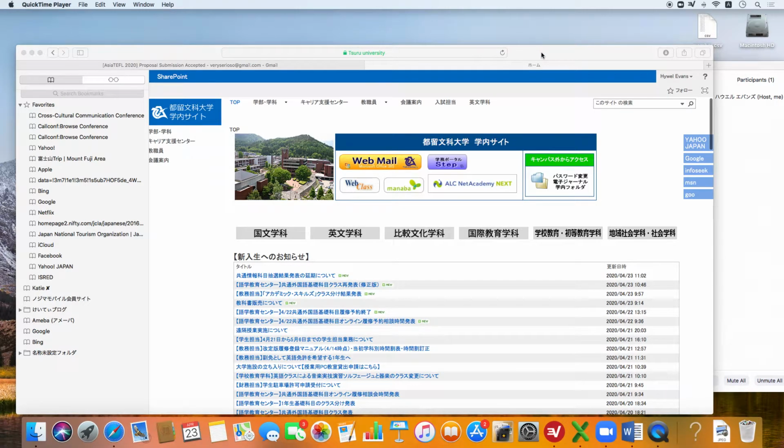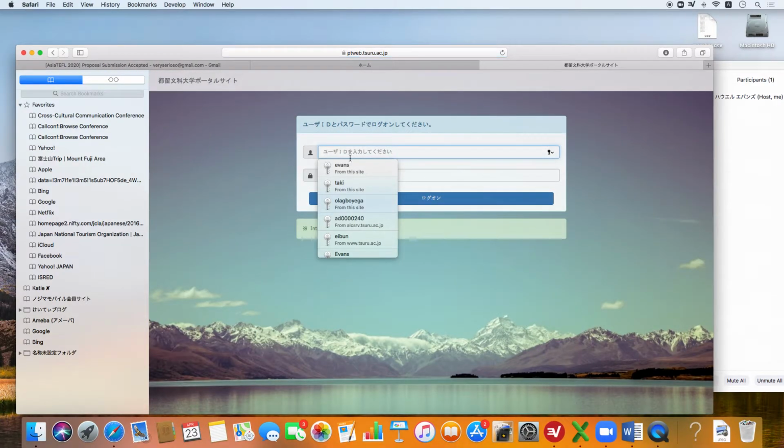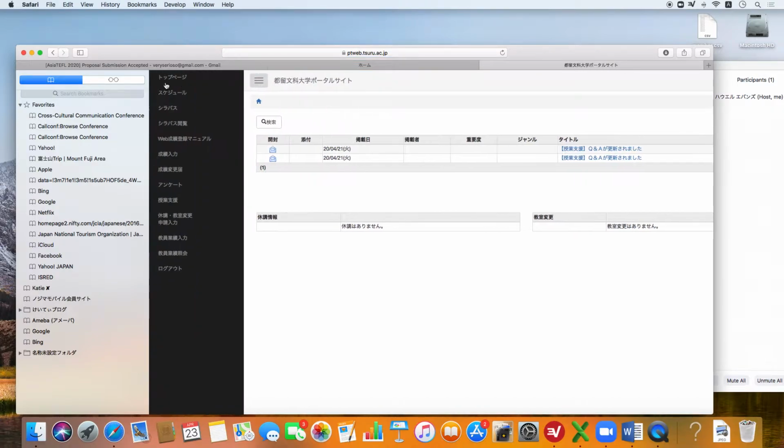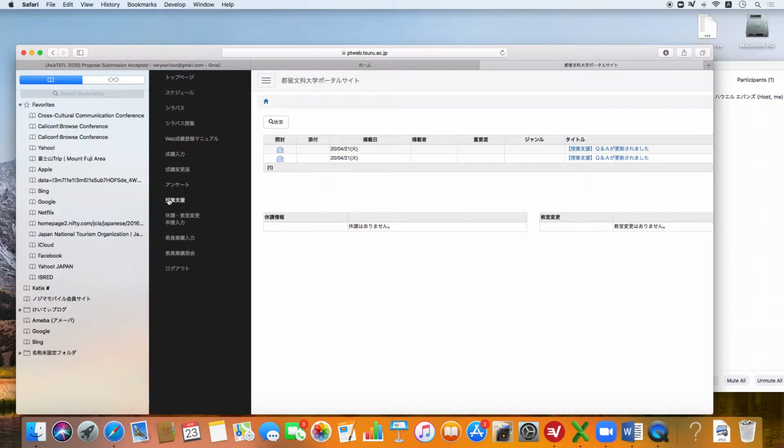Right then, well, things have started and it seems like we might have some progress. Let me just take you through a couple of things. Just review the Gakumu Portal here. You've got to log in there, of course, and you should be really at the stage where you're going to